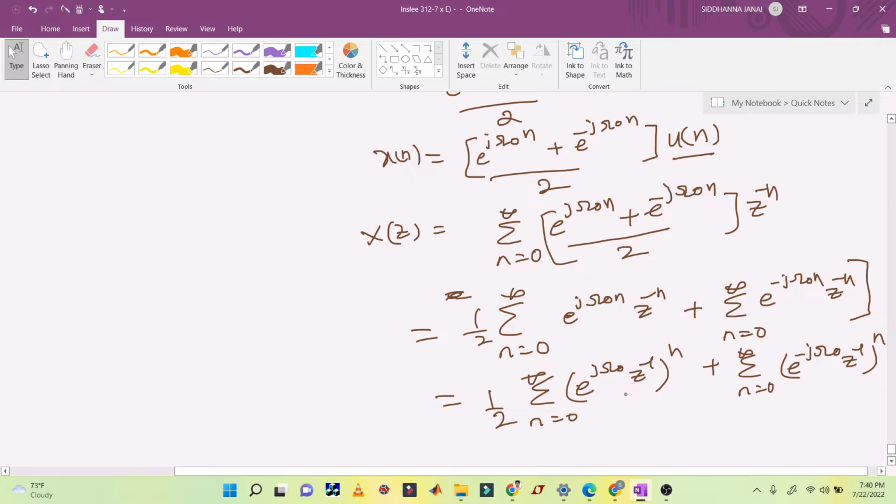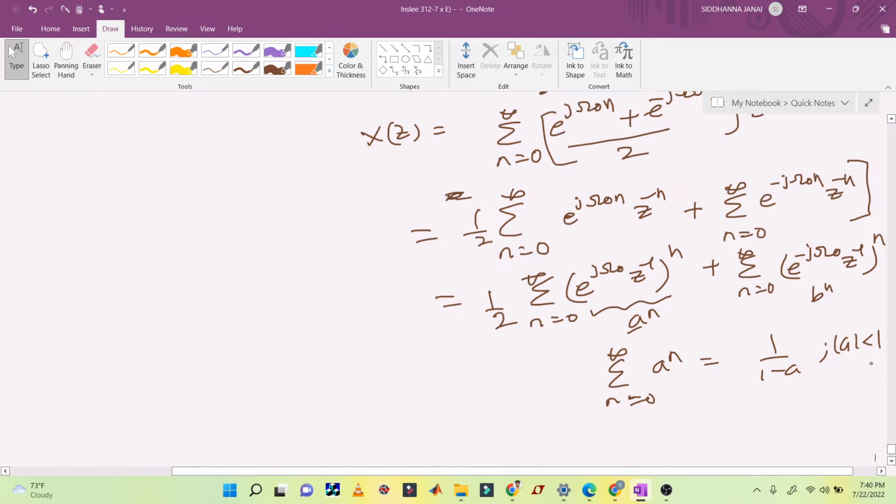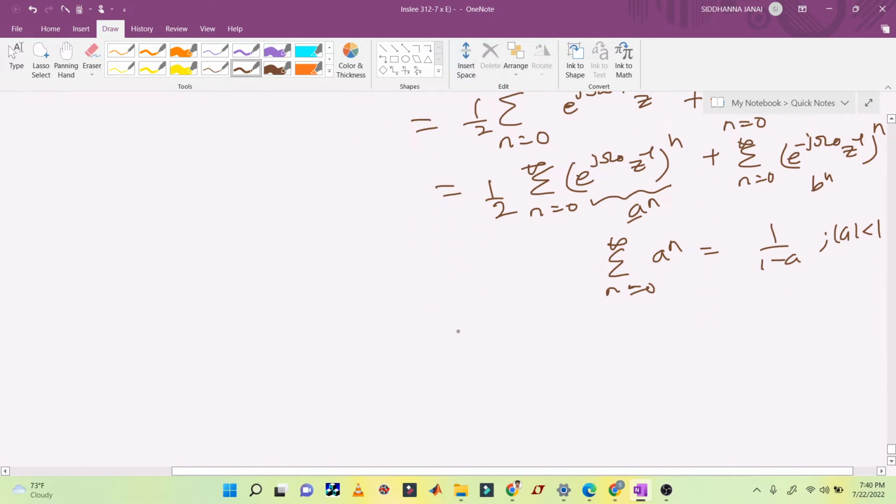Okay, till now I have already told. Now this we can consider as a to the power n, this as b to the power n. You can apply the rule summation n equals 0 to infinity a to the power n equals 1 divided by 1 minus a, provided magnitude of a is less than 1. Okay, so using this rule we can write this 1 by 2, simplification is left to e to the power j omega naught z inverse